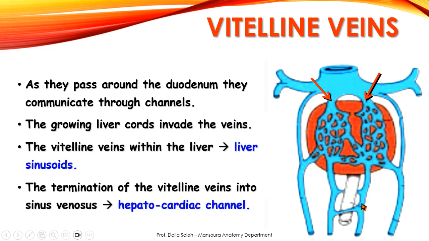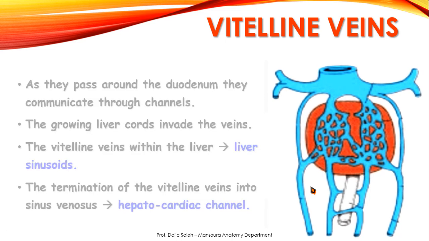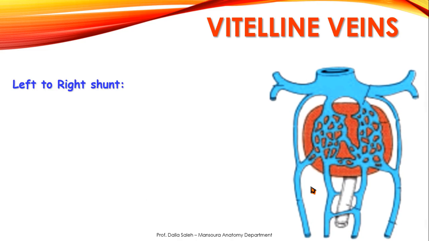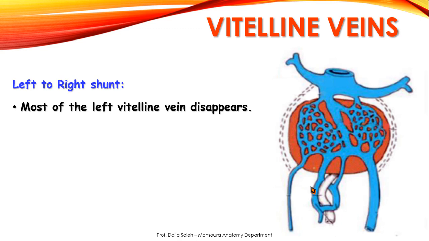Okay, so again we have two vitelline veins, right and left, communicate with each other around the duodenum by channels. They get into the liver and break down into hepatic sinusoids and then drain into the sinus venosus through right and left hepatocardiac channel. What will happen next? As a result of this left to right shunt of the blood, most of the left vitelline vein will degenerate or disappear,